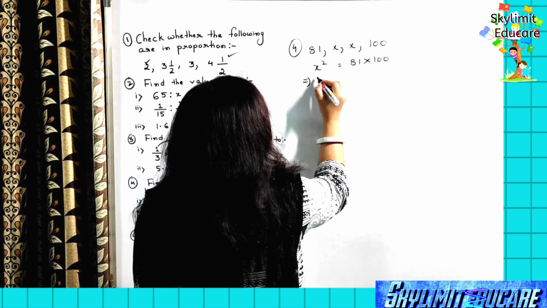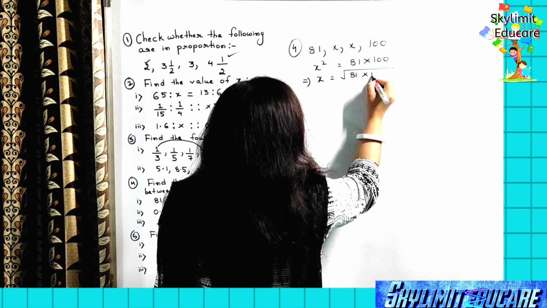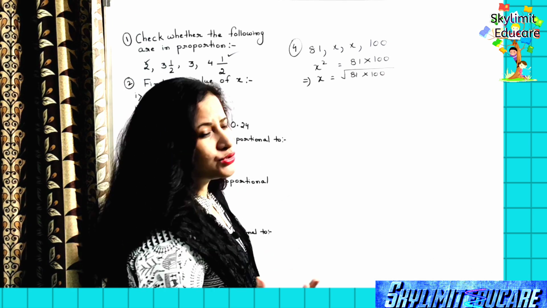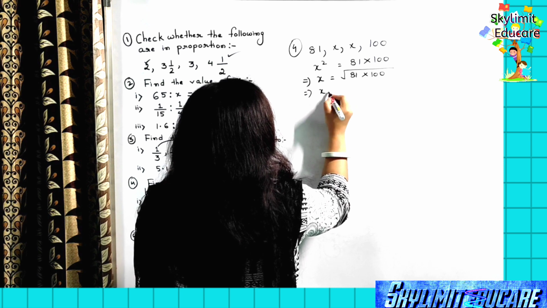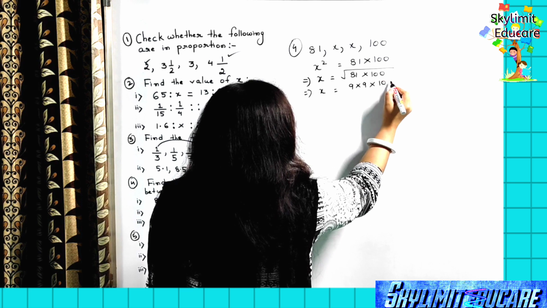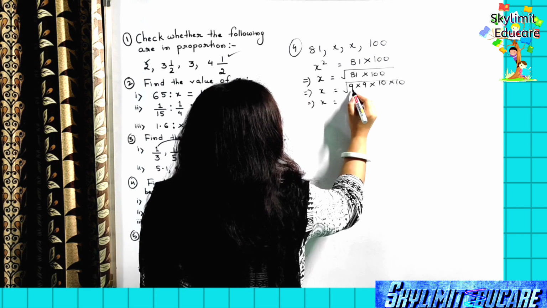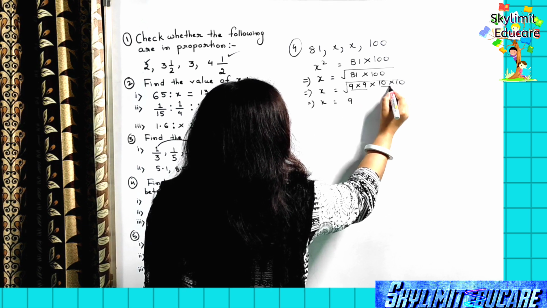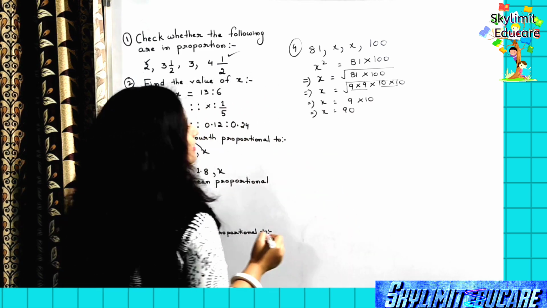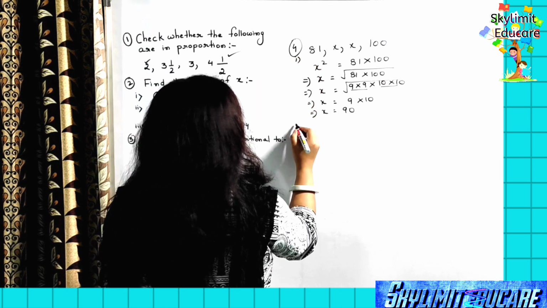So that implies x is equal to the square root of 81 multiplied to 100. Whenever you have a square on the left hand side, when it shifts to the right hand side, it becomes square root. Clear? So now easily you can just find out 81 can be expressed as 9 into 9 and 100 can be expressed as 10 multiplied to 10. Clear? So we got here, for this 2 9s, let us write 1 9. For this 2 10s, let us write 1 10. So we got here x is equal to 90. Clear? So in this way you are going to find it out. Let's come to bit number 2.